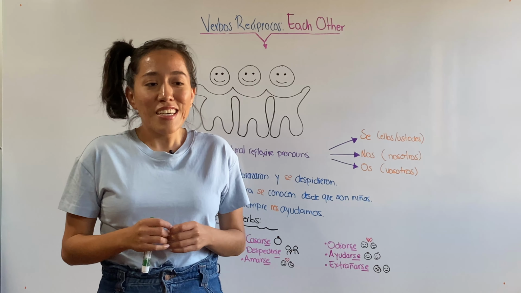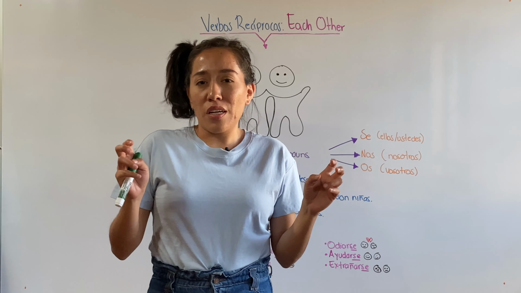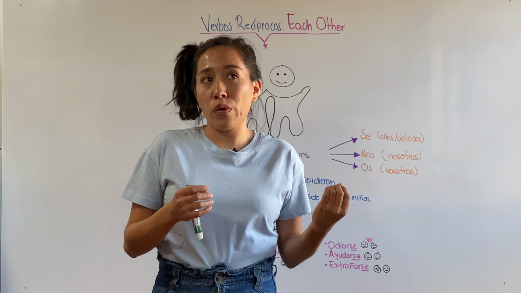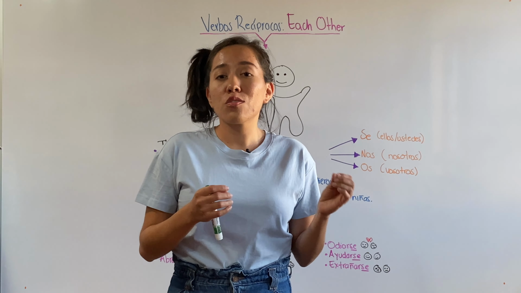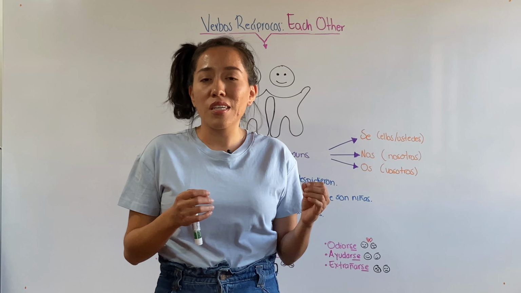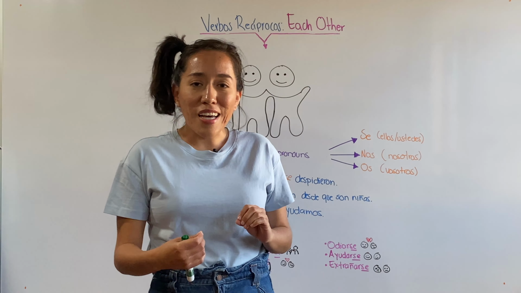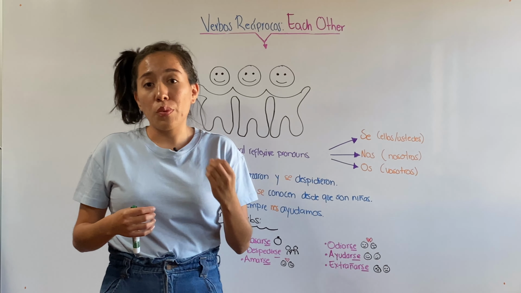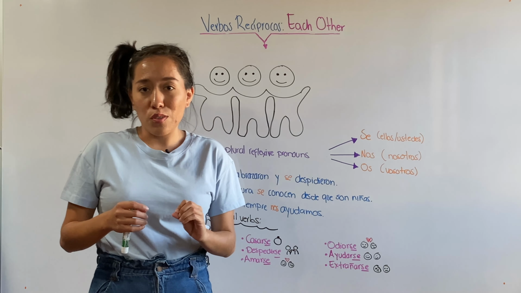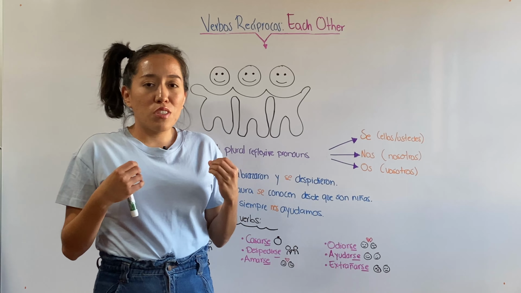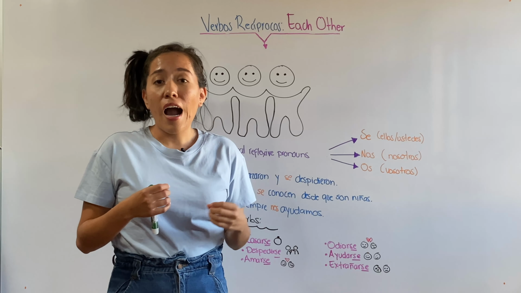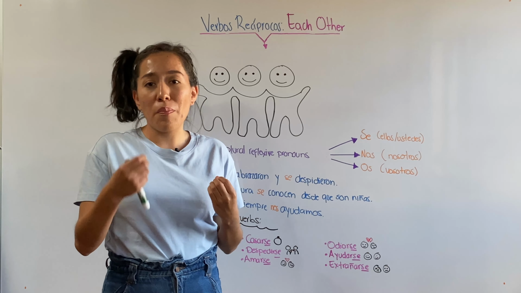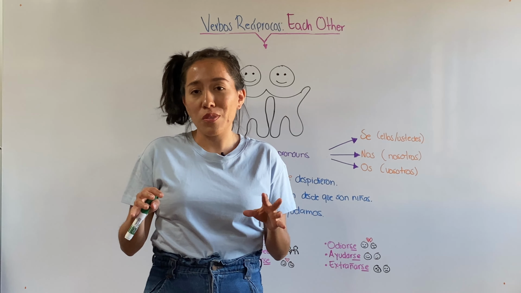As I was saying, el uno al otro is the direct translation of each other. However, this is not the most common way or even the most correct way to say this word, each other, in Spanish. To do that, we actually use something that we call reciprocal verbs, verbos recíprocos. So in this video, I'm going to teach you what these verbs are and how you are going to use them, so you can share your stories a little bit better and you don't have to be interrupted like I did to my first student.